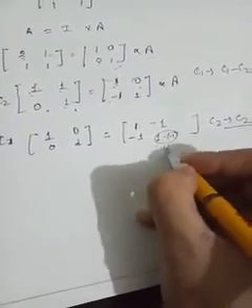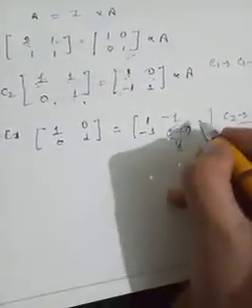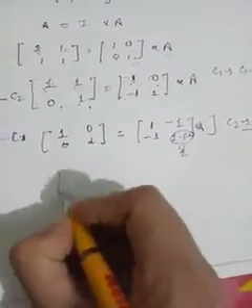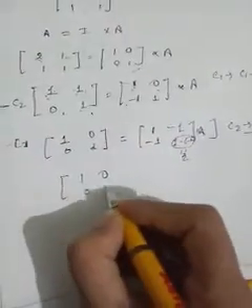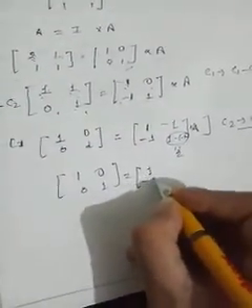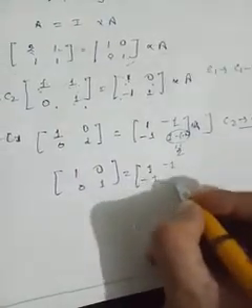Okay, this is 2, so into A, so the matrix 1 0 0 1 is equal to 1 minus 1 minus 1 and 2,